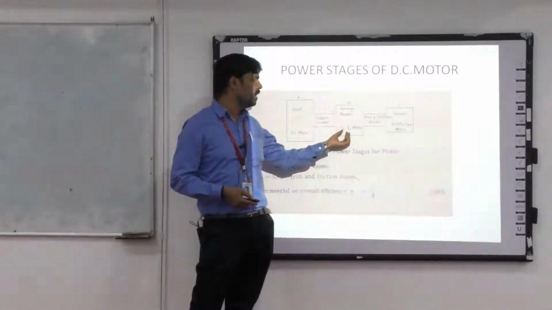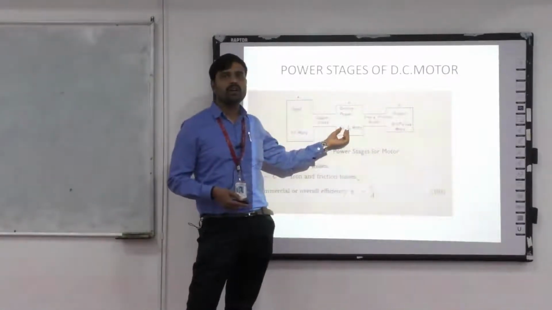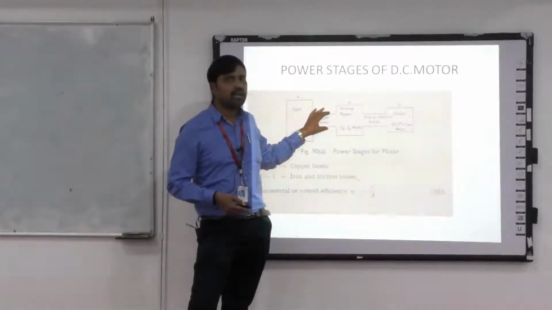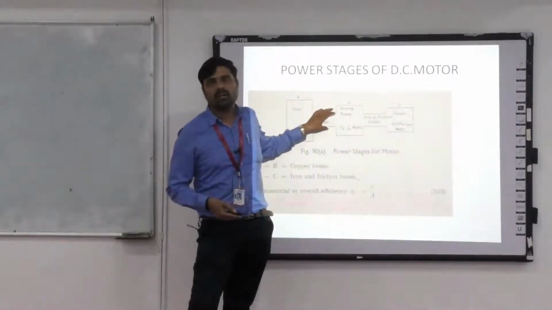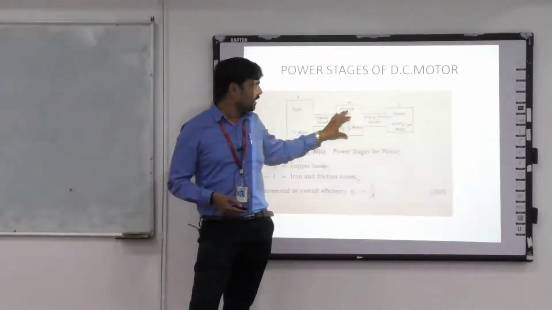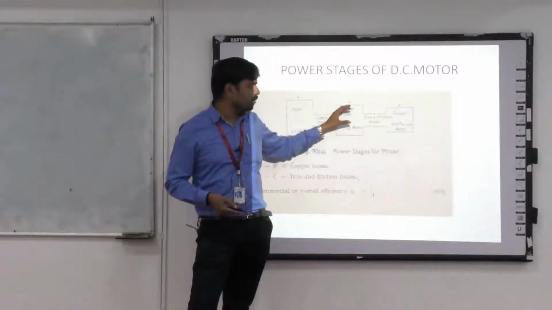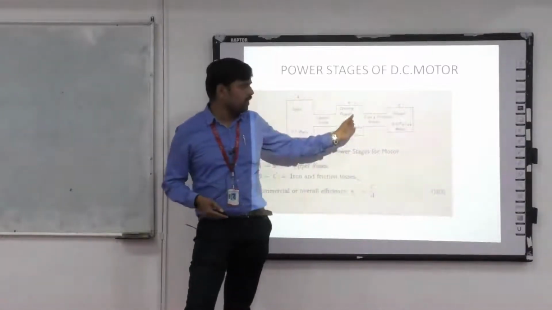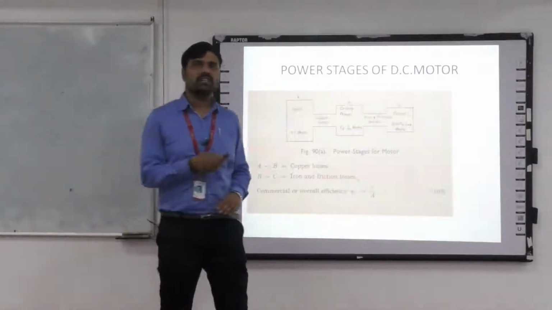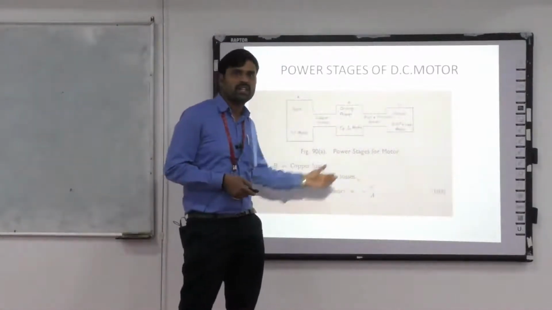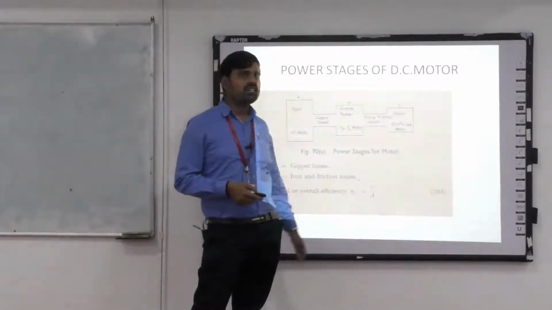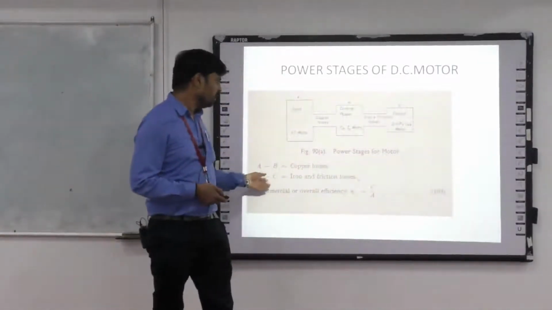Driving power is nothing but back EMF into armature current. Inside the armature, we lose some power as copper losses between A and B. So this is the driving power; you can say the armature torque is developed here. When it comes to the shaft, that is called the shaft torque. Shaft torque is always less than the armature torque, because the iron and frictional losses will be there in between.